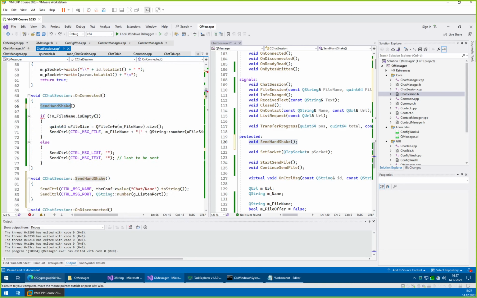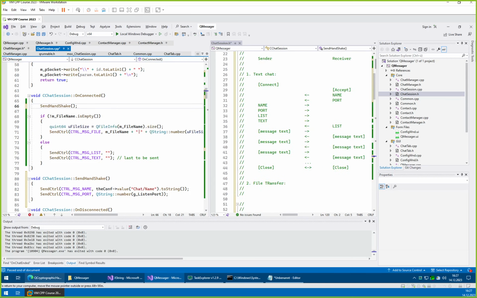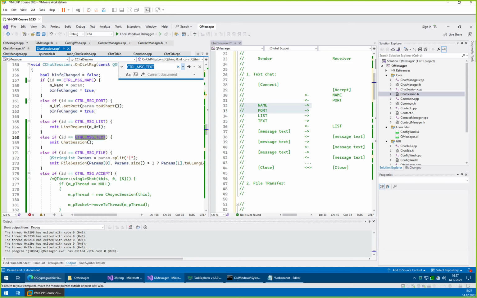So now we ensure that, I'm missing a semicolon here, our protocol will be kept. So the connection is well established. We accept it on our end. We already sent our handshake. The other end sends their handshake, and then in addition to their handshake, they will send us either the file or the list and message. And the next thing we would want to do is, if we receive the text event,